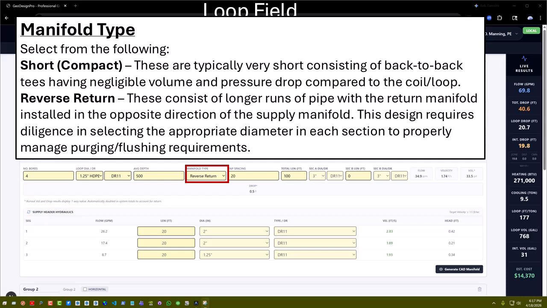Manifold type. Select from the following: short, compact. These are typically very short, consisting of back-to-back T's having negligible volume and pressure drop compared to the coil or loop. Reverse return. These consist of longer runs of pipe with the return manifold installed in the opposite direction of the supply manifold. This design requires diligence in selecting the appropriate diameter in each section to properly manage purging or